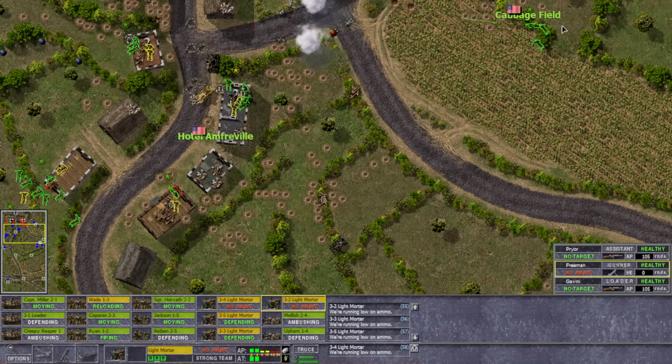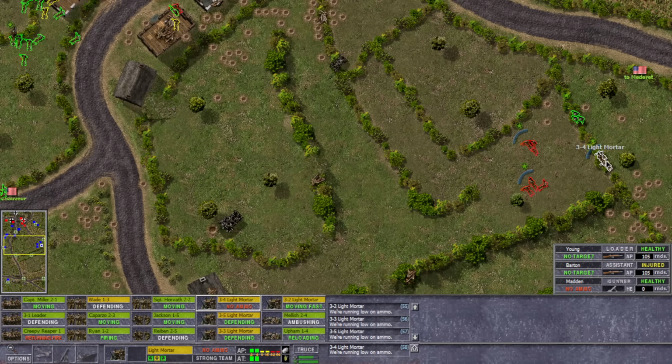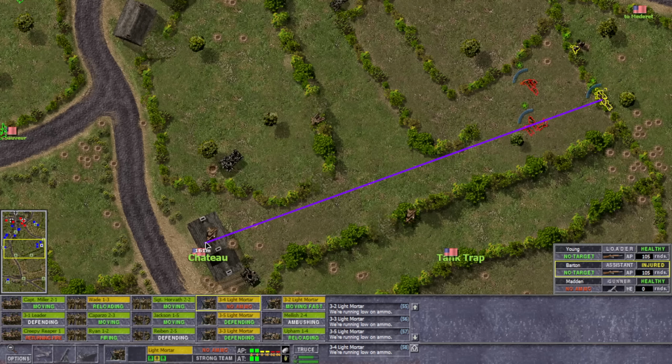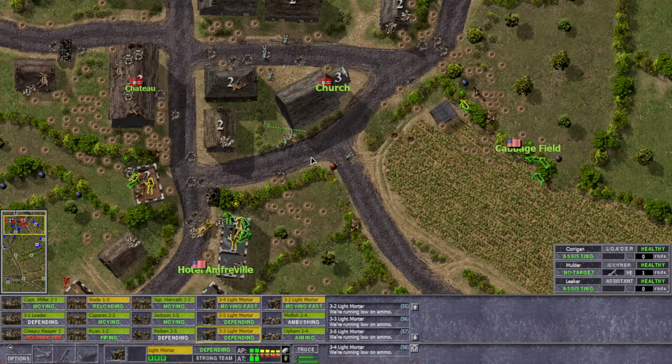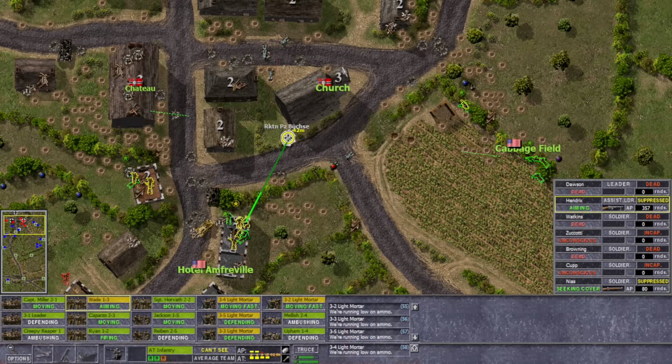So we're out of ammo. Let's go ahead and bring this mortar up here to support the cabbage field. Then we can move Upham. Let's take 3-4 over to this chateau. And we'll hold that. You guys still have 1 mortar each. So, I don't know. Do we drop it on...